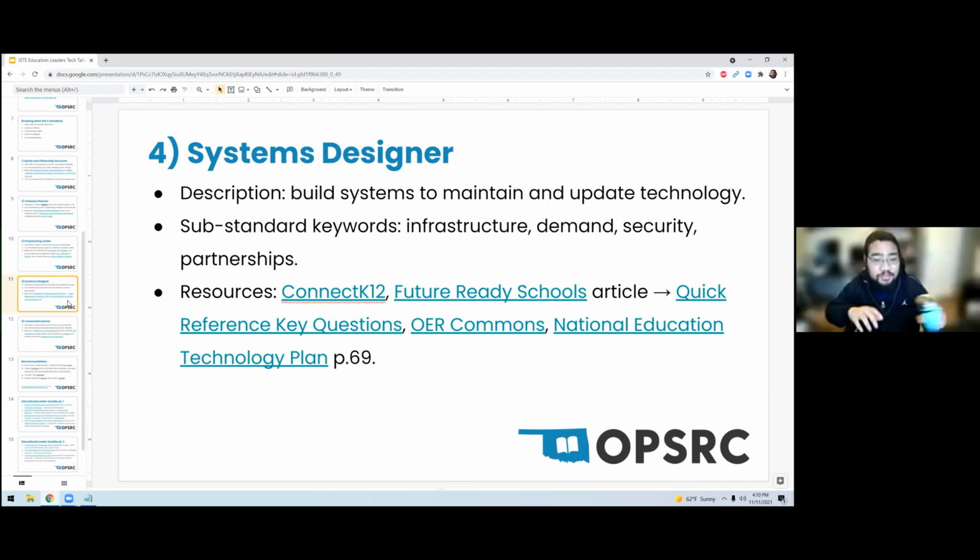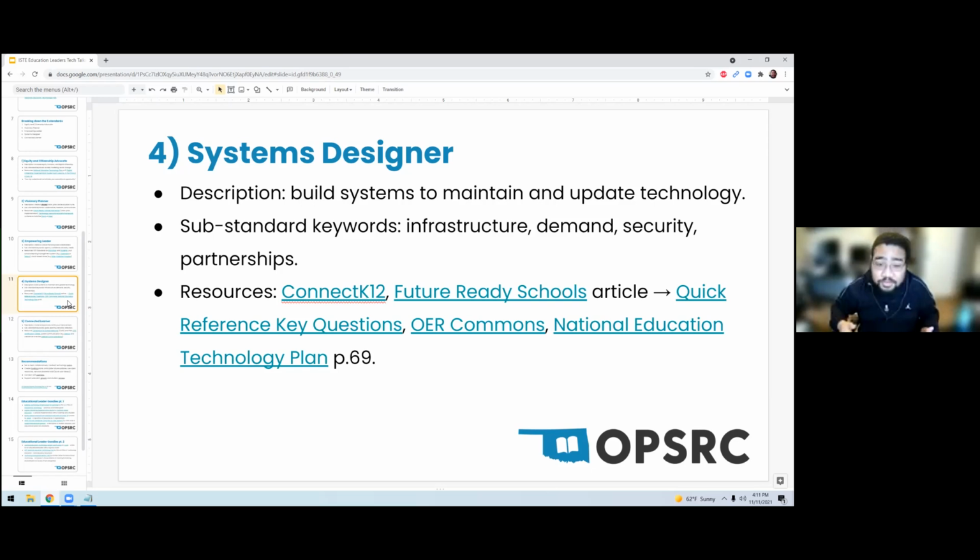Let's unpack systems designer, because the way that I see it, at the very least in my own personal experience, might be different from where you're at. This is one of the standards that is typically delegated to a separate person. You'll hire an IT person or a specialist or a technology person. And that's great to have somebody whose whole thing is dealing with all of these technology decisions. But to make some of the other standards work, like being a collaborative leader, helping everybody bring together the conversation to build this, or even just making sure that everybody has access,